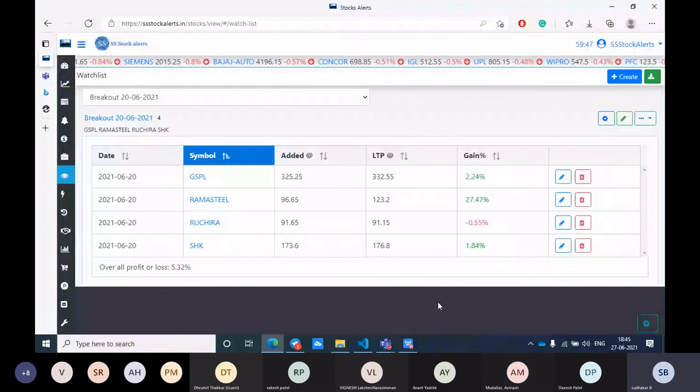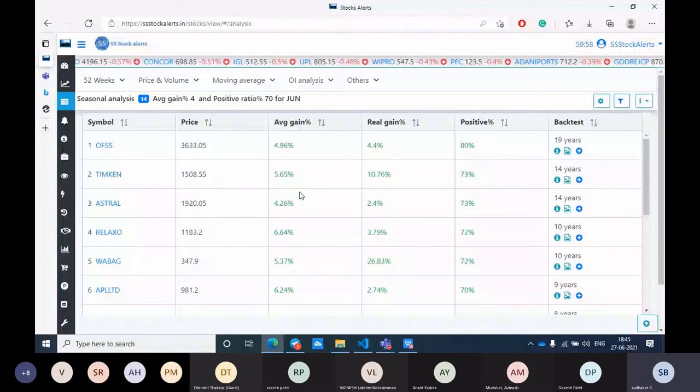I ran the backtest also, to see the logic behind it, like what the strategies are. This is not a strategy, this is just backtest data from our seasonal analysis, right? What it actually does is show that in a particular month some stocks will give you huge returns, only in those months.